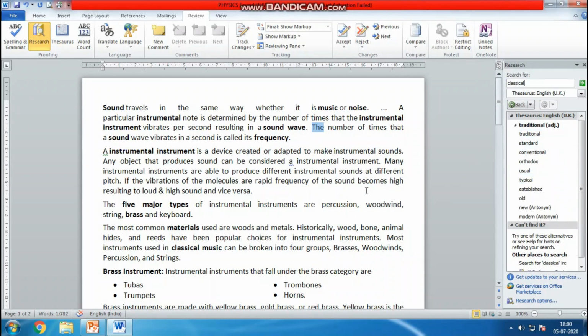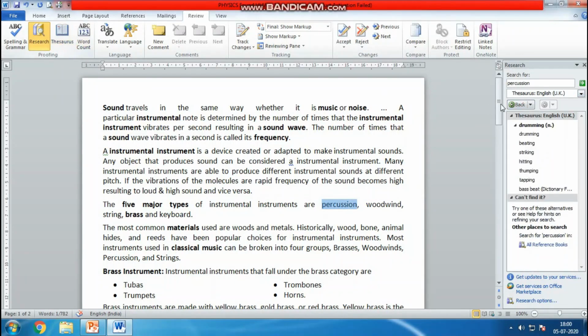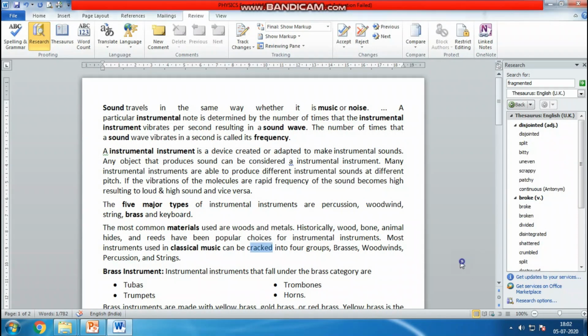So if you want, you can replace the classical word with this, or if I don't understand the meaning of this word, I will click on Thesaurus. It's going to search the word meaning. It means drumming, beating, thumping. So friends, now I'm going to find the word meaning or synonyms of this word cracked. You can